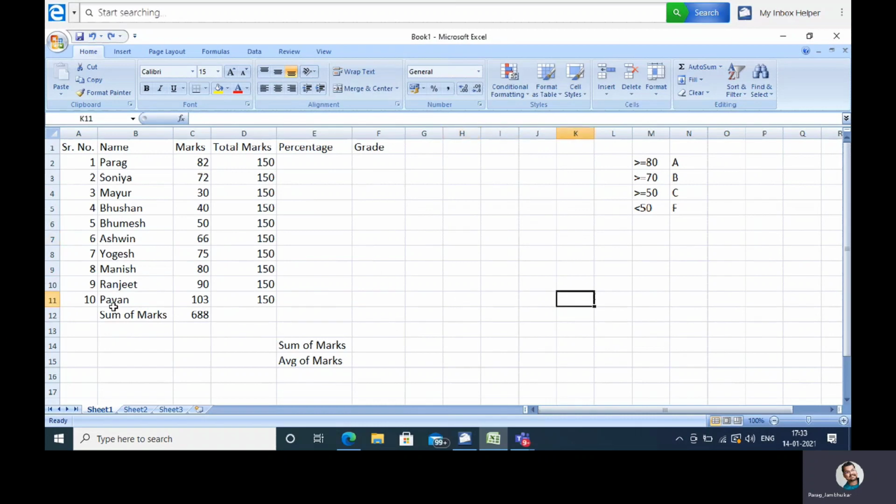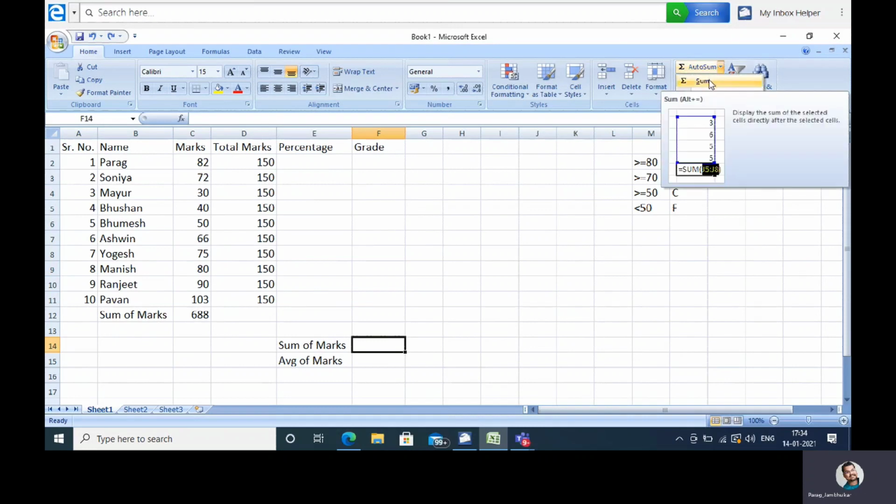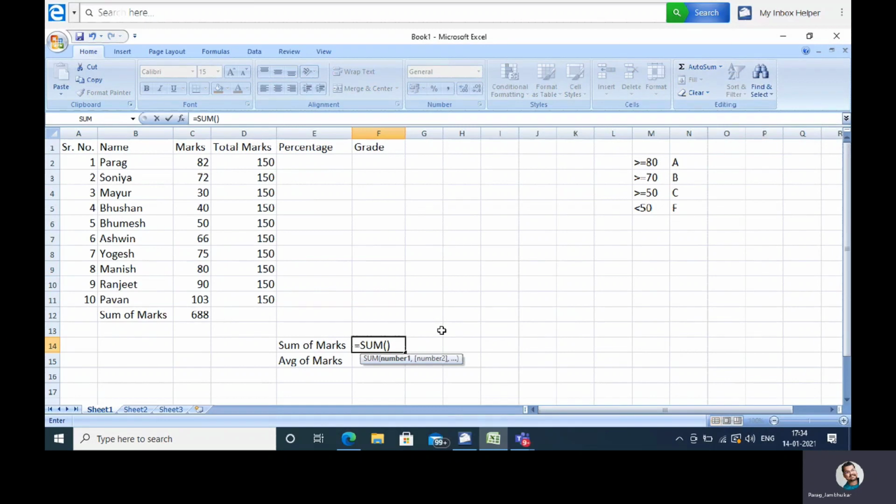So okay. So here we have found out sum of the marks. Now we'll find out sum of the marks somewhere else. Suppose I want sum of marks in this cell. So for that, what you have to do, here you have to write a formula. So see, here you have to use a function. So click on that, click Sum. So automatically it has taken the function. Now whose sum you have to calculate. So select all these values. So I want sum of all these. After that press enter. So here I got sum.